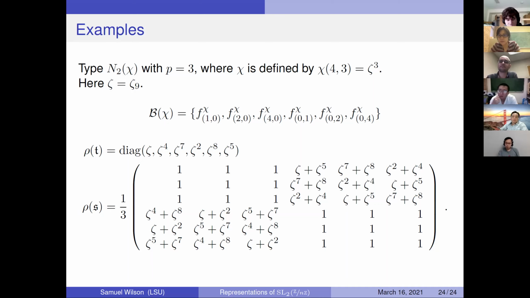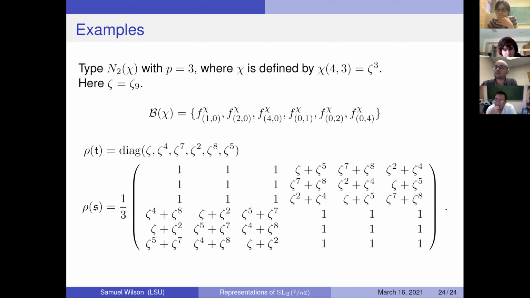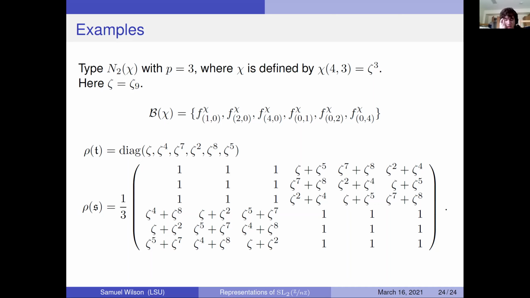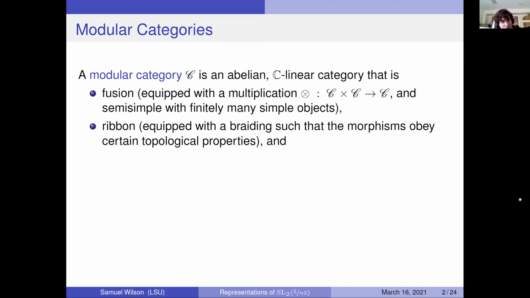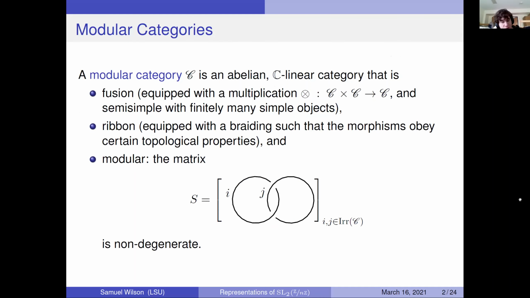I have a question that goes back to towards the beginning of your talk, when you were first defining your S and T matrices, and you used a graphical picture, the loops and the twists. I was wondering if you could expand on what that notation means. Yeah, so